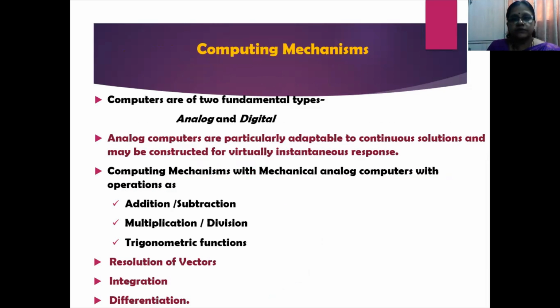Now, trying to understand the computing mechanisms. Firstly, we'll identify the types of computers in general. They are analog and digital. Analog computers are particularly adaptable to continuous solutions and may be constructed for virtually instantaneous response. Computing mechanisms with these analog computers involve some operations such as addition, subtraction, multiplication, division, trigonometric functions, resolution of vectors,